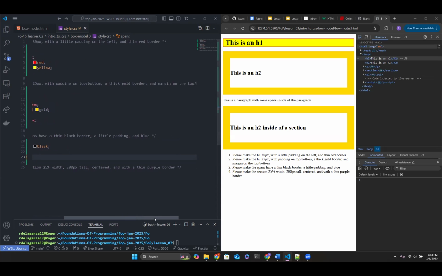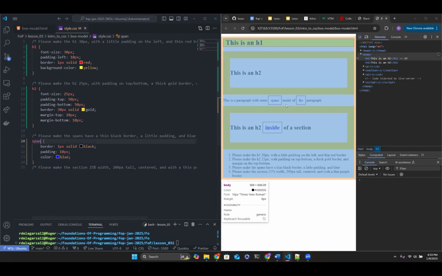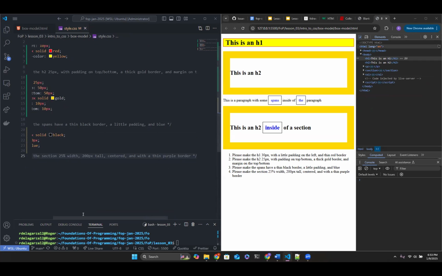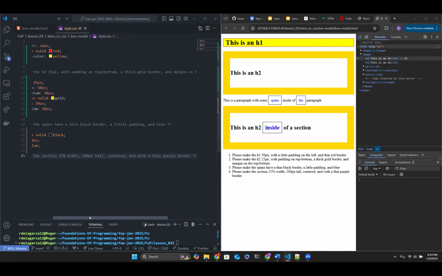But if we add the color to blue, we should be able to see it stand out. And I put spans as plural, not singular. There we go. Now we see the spans. Okay. So we get the spans working. Now we can definitely identify where that is at as well.